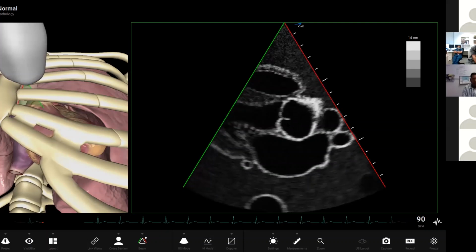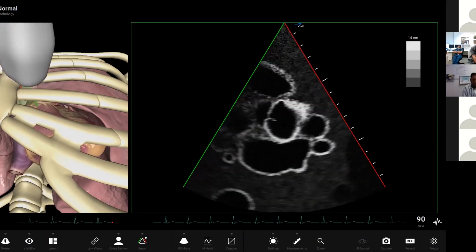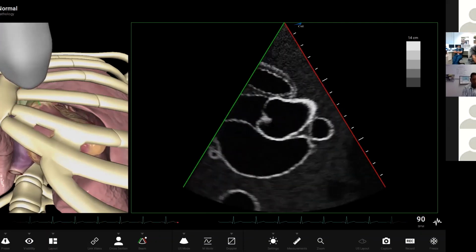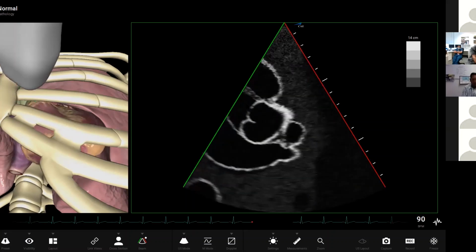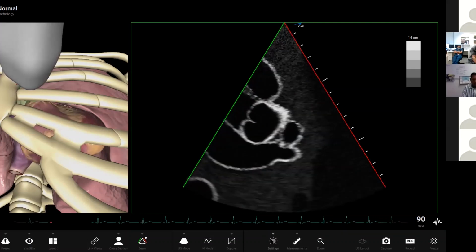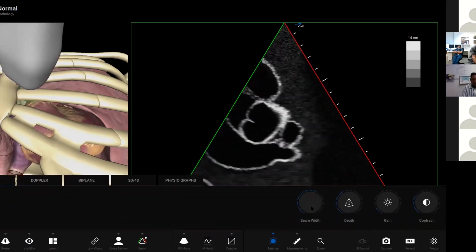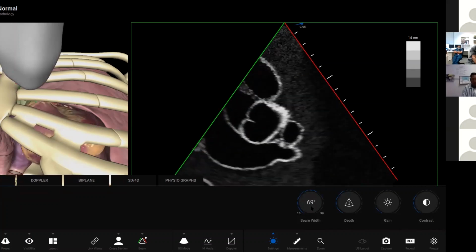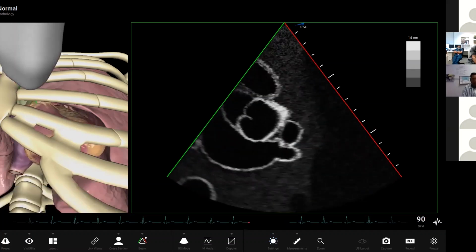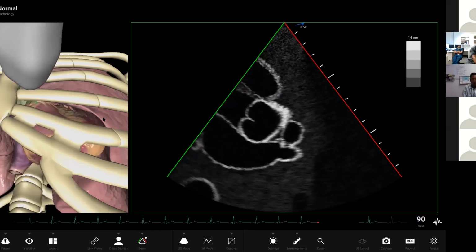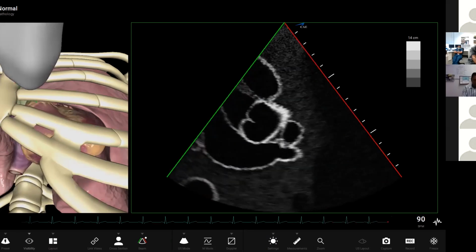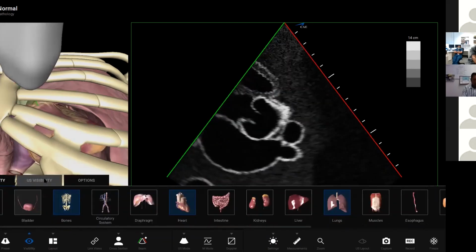I'm going to take that aortic valve and try and tip it over so that it's on the left side of the image, so that the ascending aorta fills my screen as much as possible. I might try and make the beam width a bit wider. And then I'm going to do some gentle rotation. And what I'm doing with the rotation there